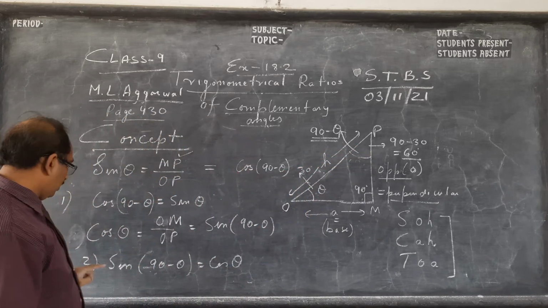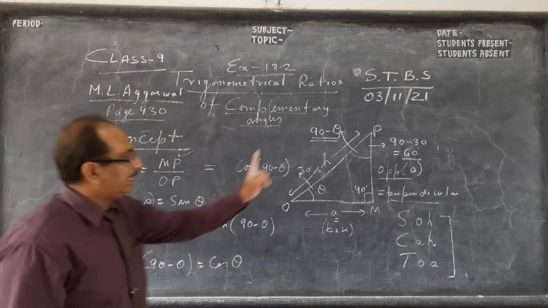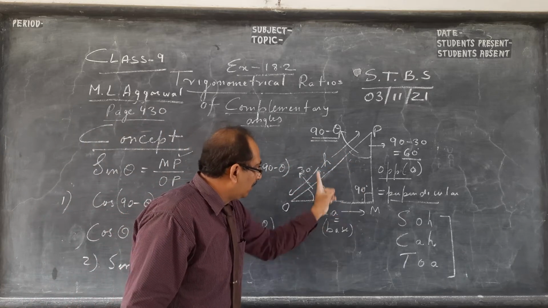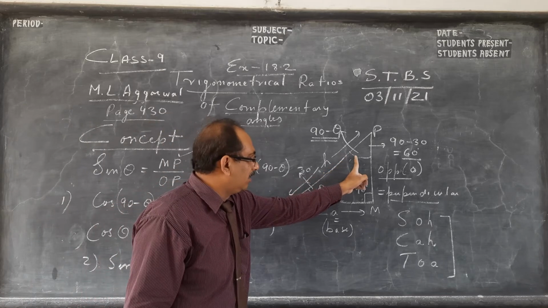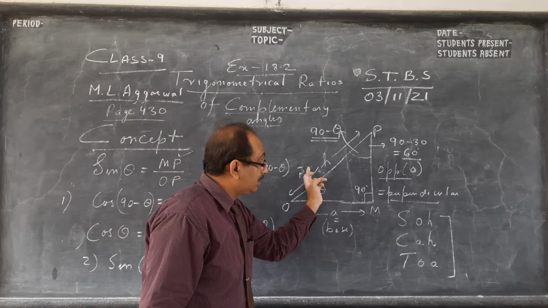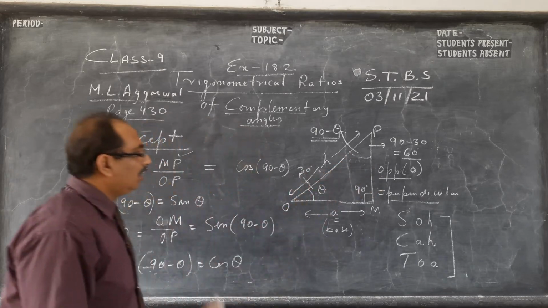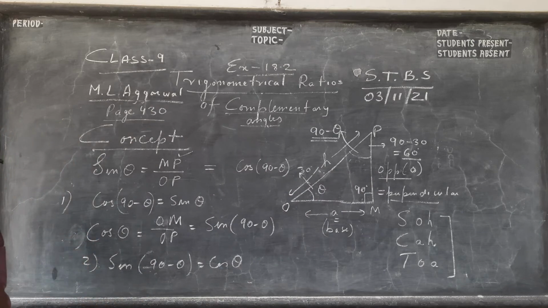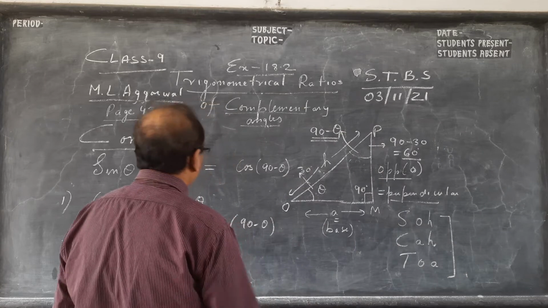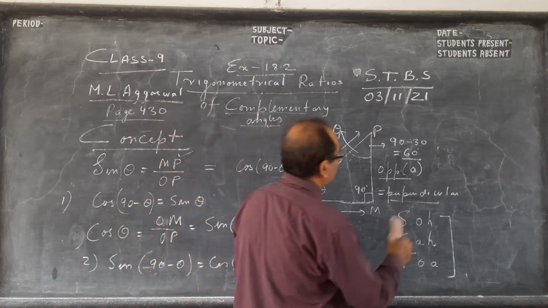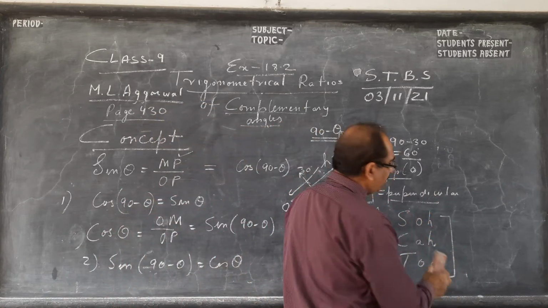So sine 90 minus theta is cos theta, and cos 90 minus theta is sine theta, by the same ratios. So one example before I go to the last few things. Okay, so here we have one example. You will get confused about what is happening, so please see my first video, boys.